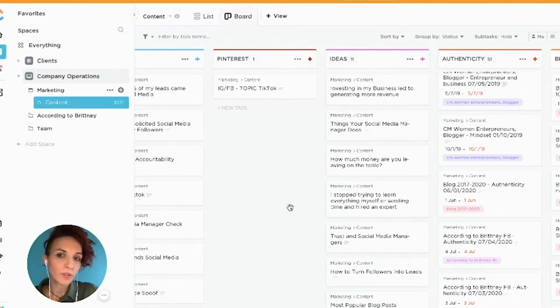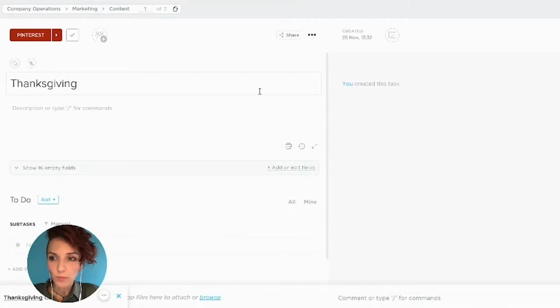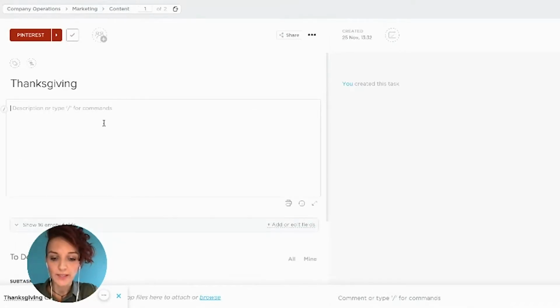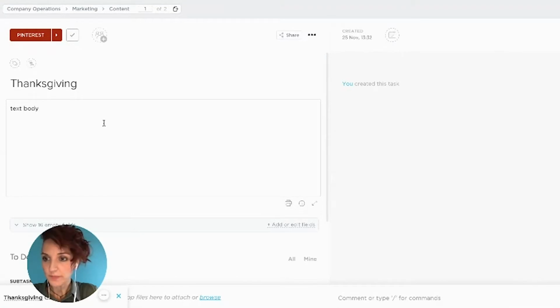When you want to create a new card, you just go on this plus and say create task. The task name is like the subject of the content, like we are talking about Thanksgiving. And we save it. After that, we just copy paste the text body, all the hashtags,